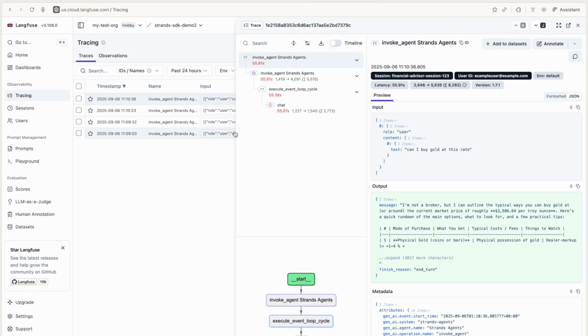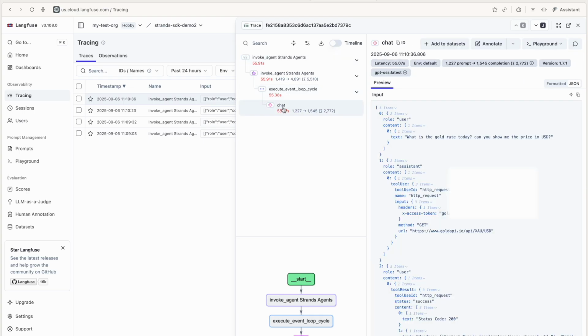So when the agent was invoked, the event loop cycle started, and it created the necessary interactions. You can see the start, invoke agent, Strands agents, execute event loop cycle, and the chat it has built. You can see the initial input that we gave. It has the role as user, and the input that we passed. And with the role assistant, it created the required